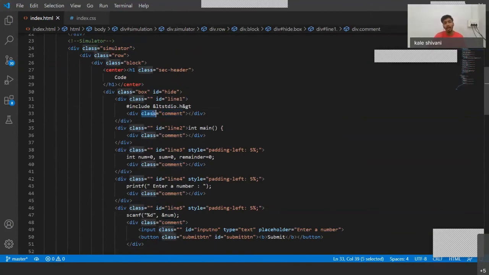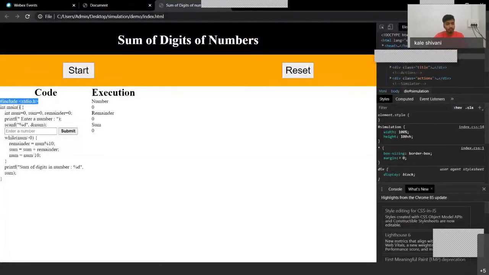We will add the content through JavaScript here, inside the comment. For each line, we will display a particular set of instructions. All lines are the same: this is line 1, this is line 2, line 3, and so on.